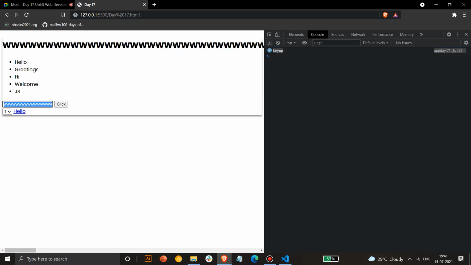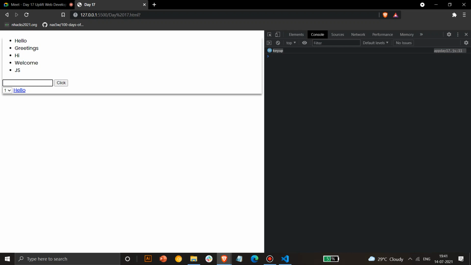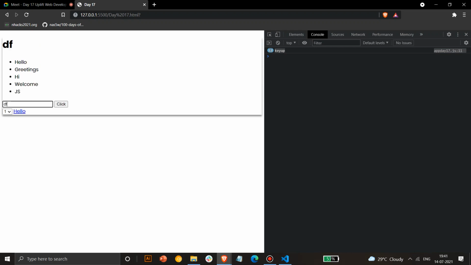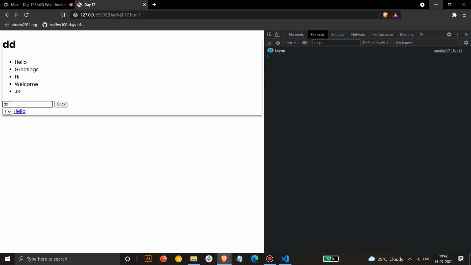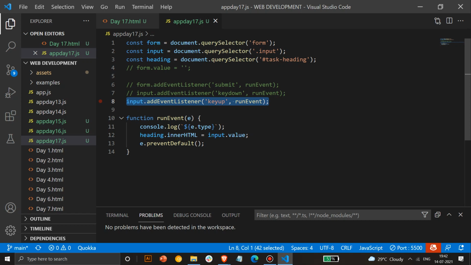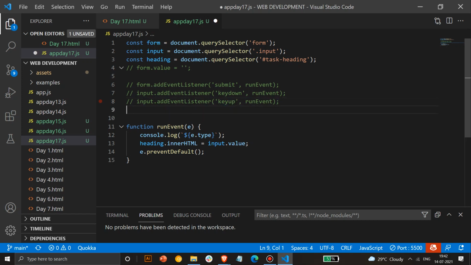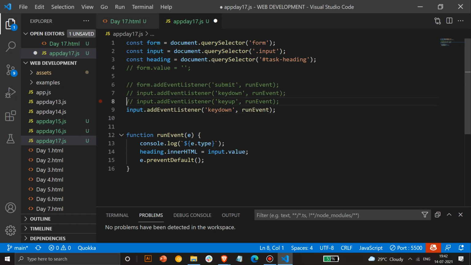That's how this works, and it will work with backspace also. If you keep your cursor above backspace, it will still work, and you can see key up will work at that particular moment. So it's simple. Both of them are really helpful, and they are used whenever you are doing gaming kinds of events, if you are creating games like this. So these are really helpful in those cases.